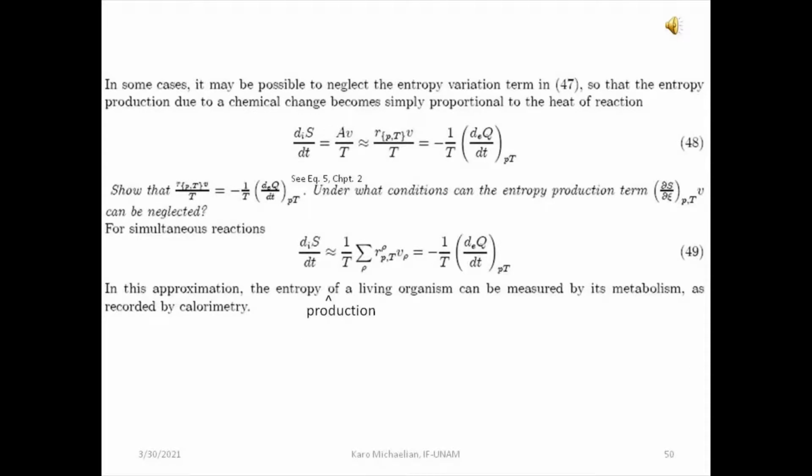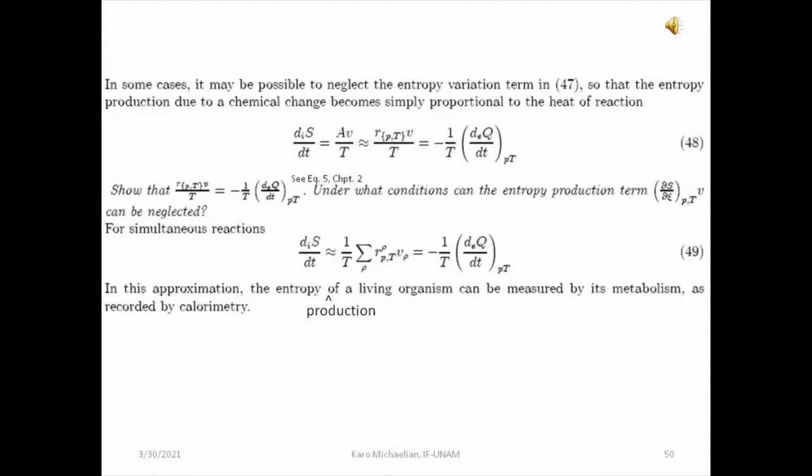Now, in some cases, it may be possible to neglect the entropy variation term, that is the last term in the previous equation 47, so that the entropy production due to a chemical change or chemical reaction then becomes simply proportional to the heat of the reaction. So if we neglect the last term in equation 47, we can write the entropy production as just being equal to the affinity times the rate of the reaction over the temperature, and that is approximately then equal to the heat of the reaction times the rate of the reaction over the temperature,